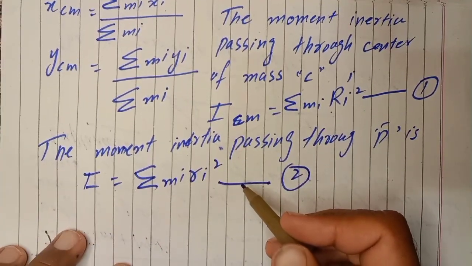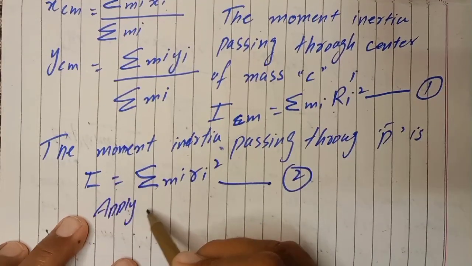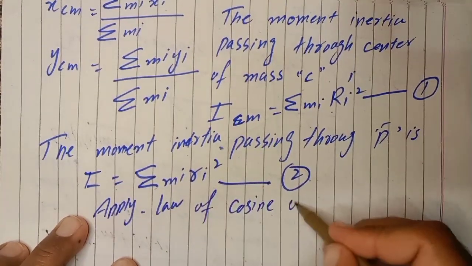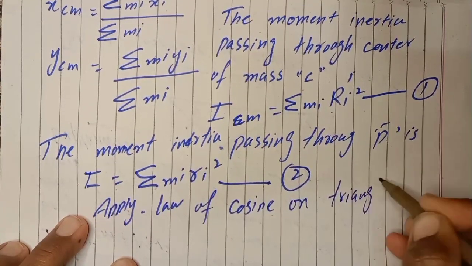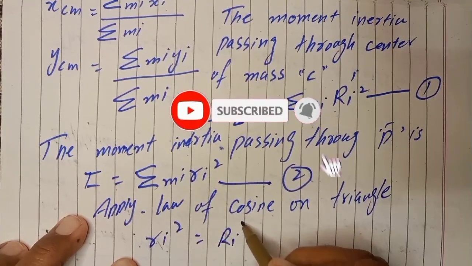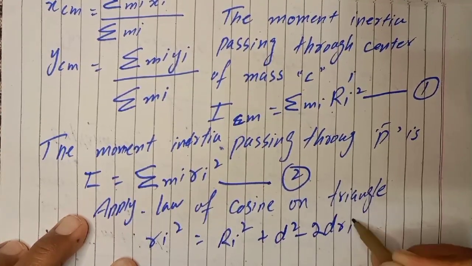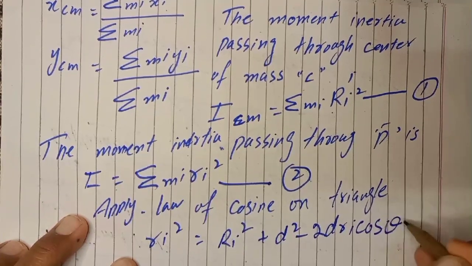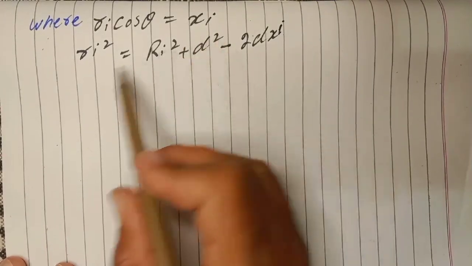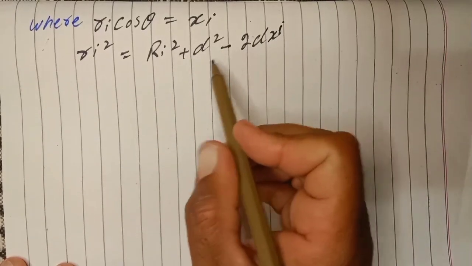अप्लाइंग लॉ ऑफ कोसाइन ऑन ट्राइंगल, r_i square is equal to r_i capital square plus d square minus 2d r_i cos theta, where r_i cos theta is equal to x_i and r_i square is equal to r_i square plus d square minus 2d x_i। ये हो गया। Put in equation 2,